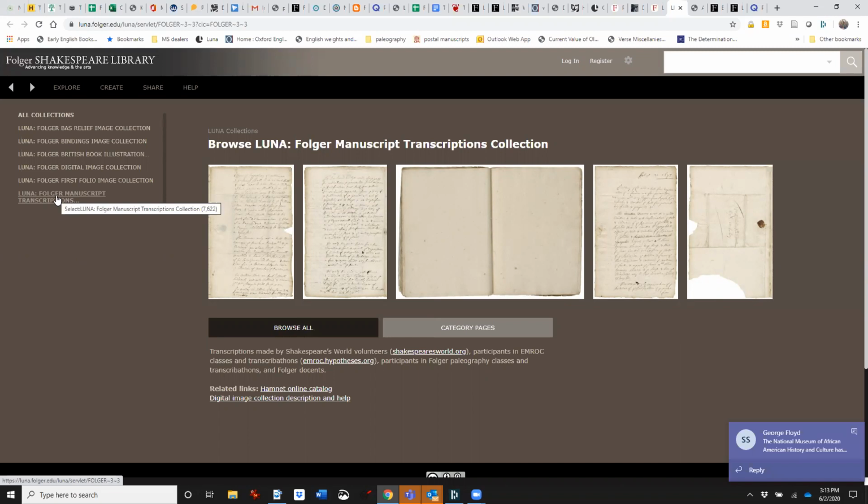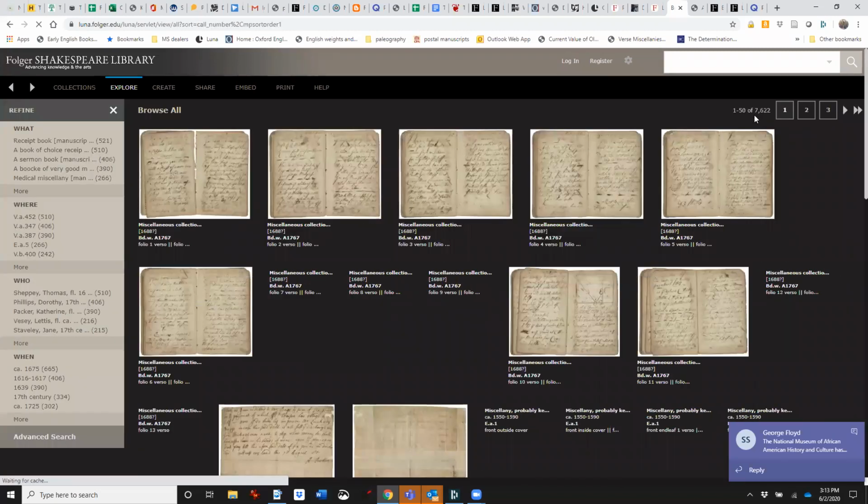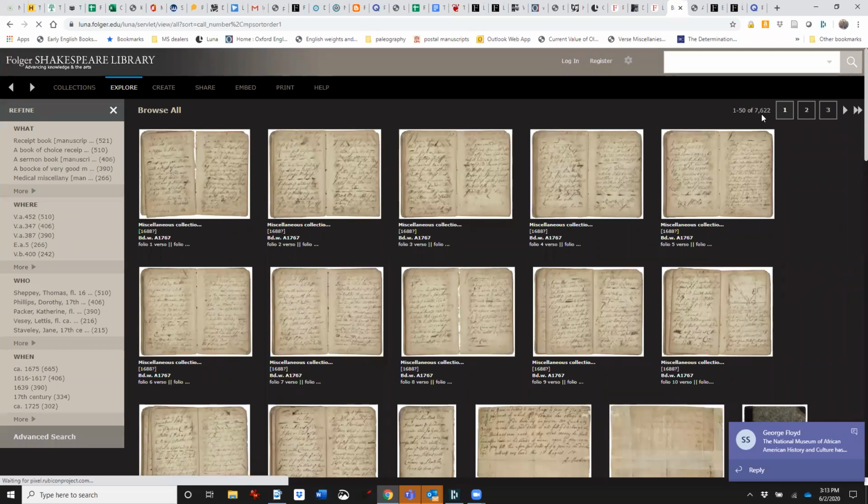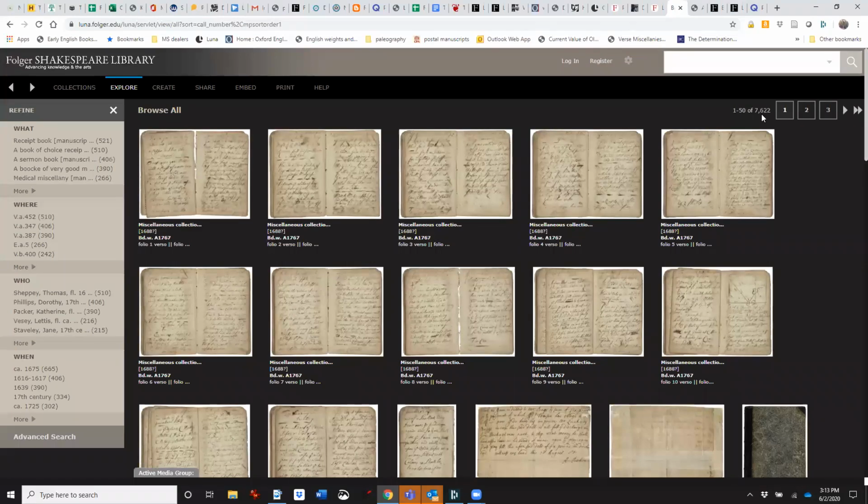If you click on Folger manuscript transcriptions, which I've already done, you can search over 7,600 images that have transcriptions associated with them.